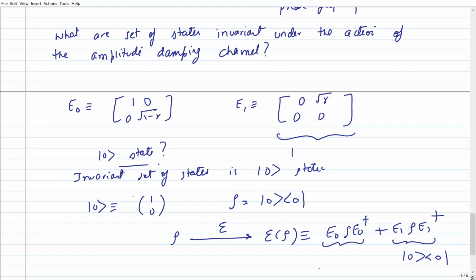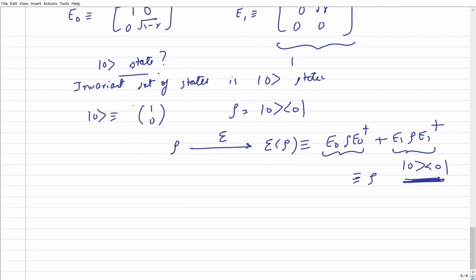This is going to destroy the state, so the state remains still this thing, which was what I started with. So the state 0 is the invariant state for the system. Eventually that's the only invariant state of the system, but we can ask the following question: